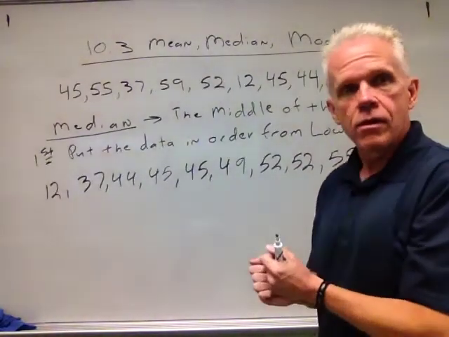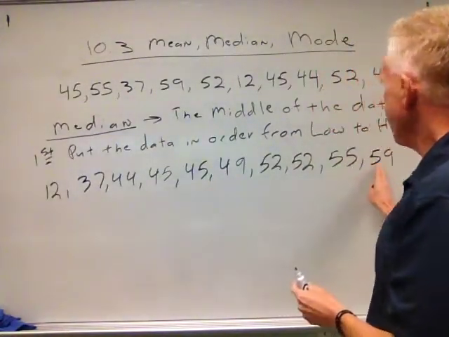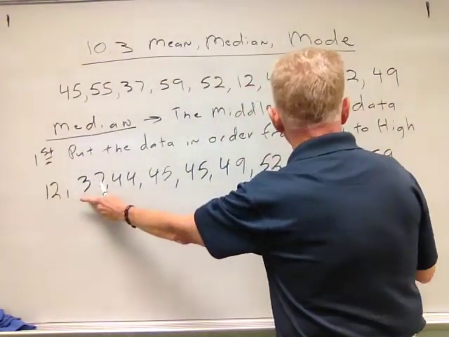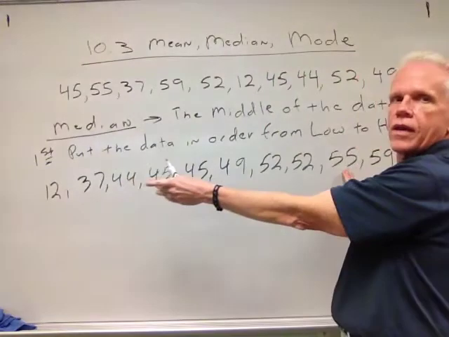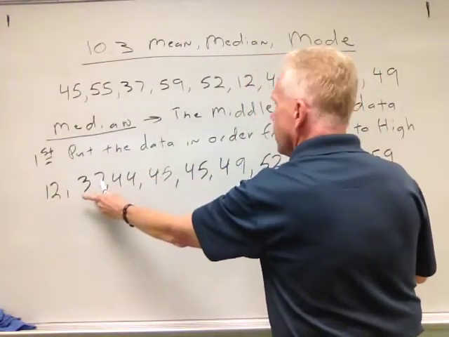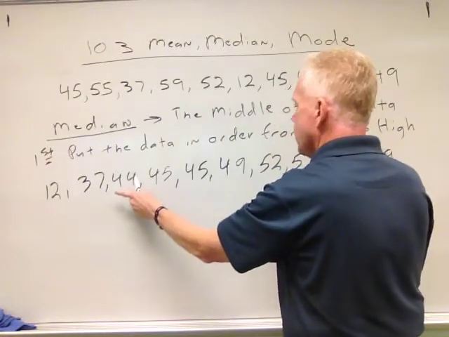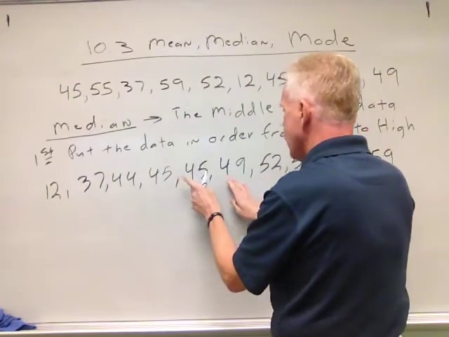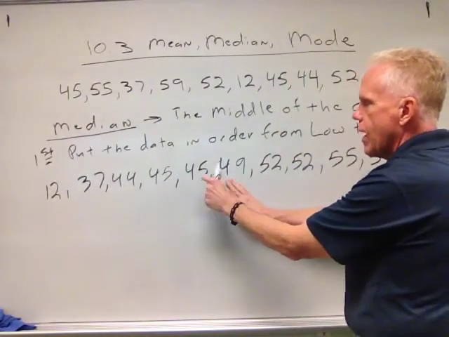Now to find the middle, all we're going to do is start at the ends and count inward. So if we move in one here, we'll move in one here. I don't know if you can see that or not, but that's what we'll do, starting on the ends. Move in one here, move in one here, move in one here, and then here, and then here, and then here, and then here, and then here. Okay, so we've ended up right here